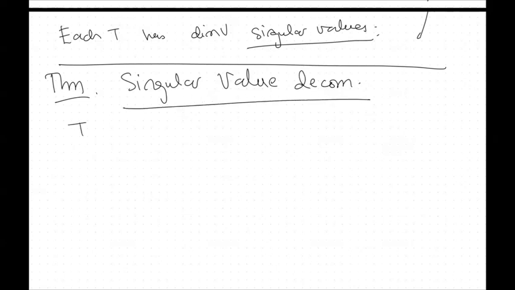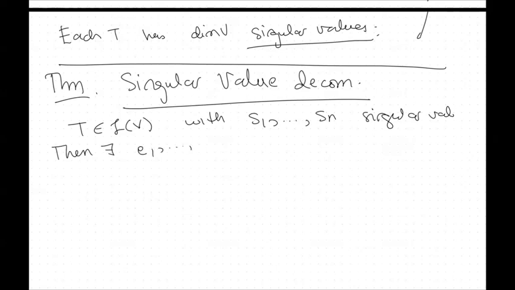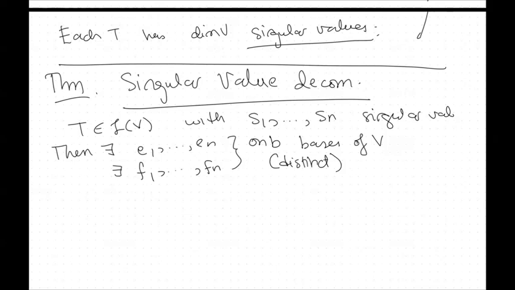So, a linear operator with singular values s1 up to sn. Then there exist e1 to en, which is orthonormal, and f1 to fn, an orthonormal basis of V, so distinct, such that T of v is equal to this sum